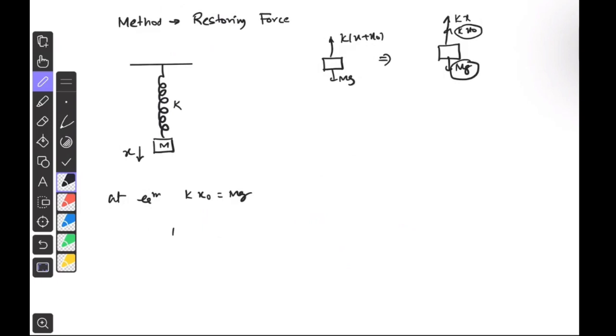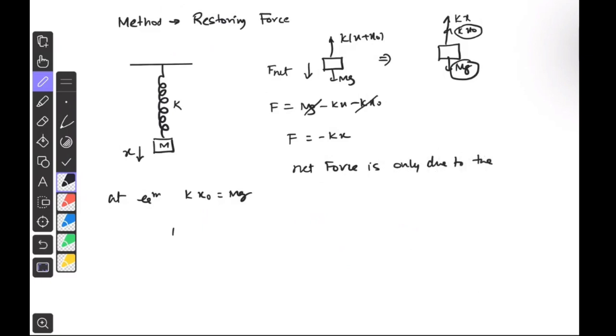Right, so if I ask you to write down the net force in the down direction, that will be mg minus kx naught, cancelled by mg. So the net force is only going to be minus kx. So whatever the net force is, it is only due to the additional displacement, not displacement, additional extension